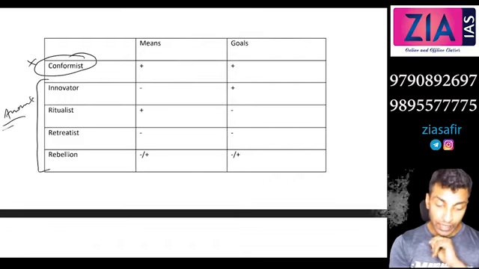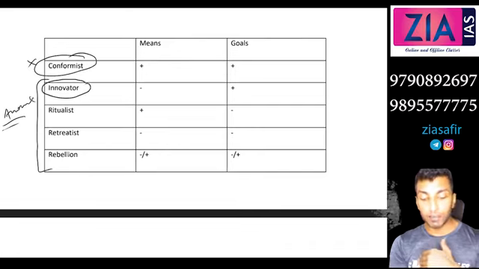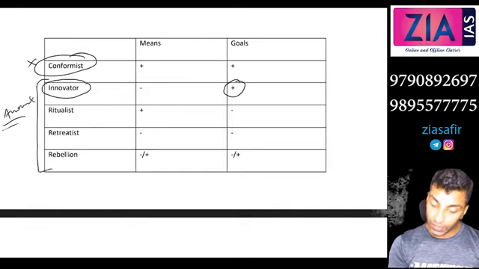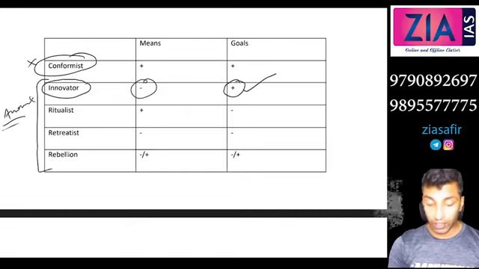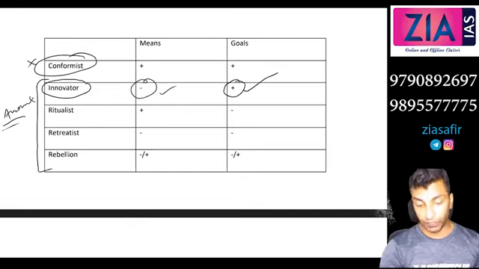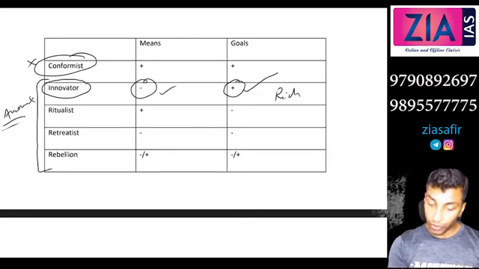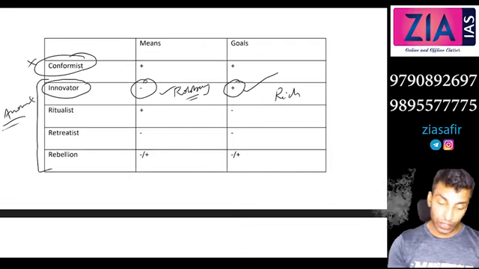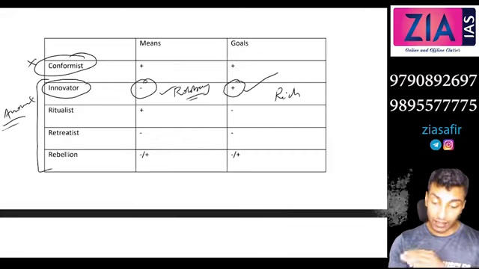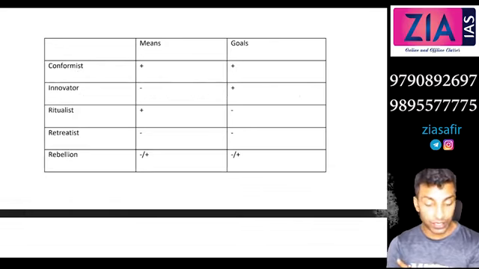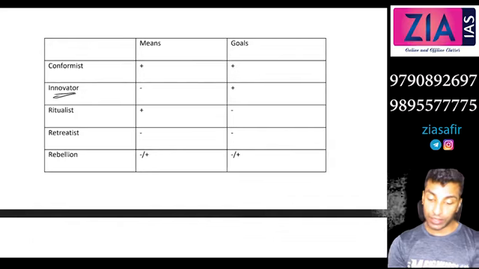So second case, you can see innovator. This person will go for innovation. So there is a goal and you will achieve the goal, but you follow not the structural means. Okay, for example, you want to become rich. That is the goal, but you go for robbery. Okay, you go for robbery. So this is what, the structural means and goals, there is a discrepancy. So that is innovation.